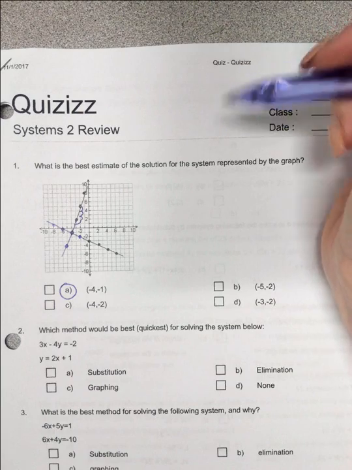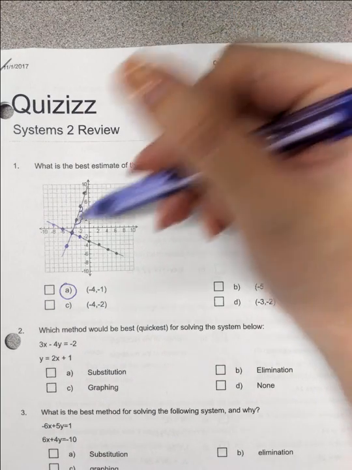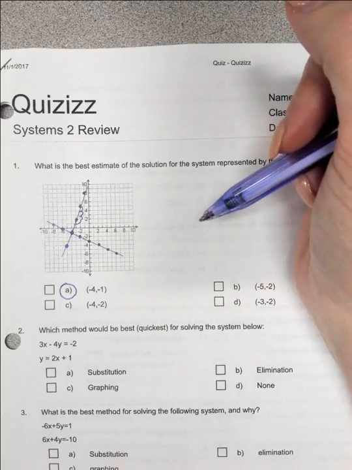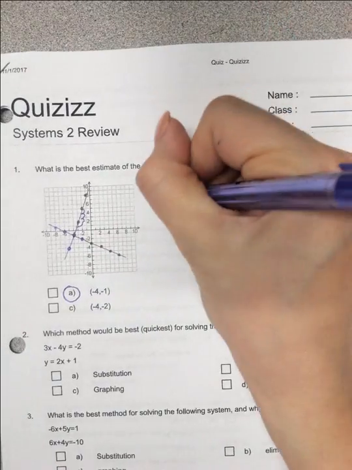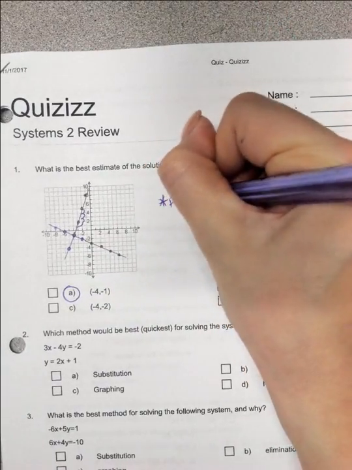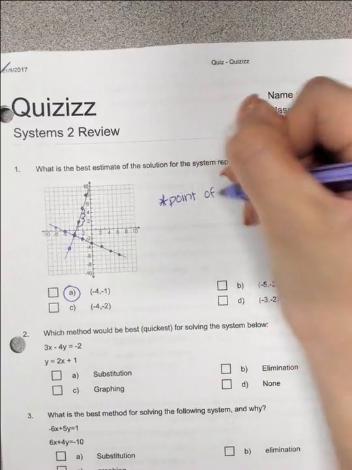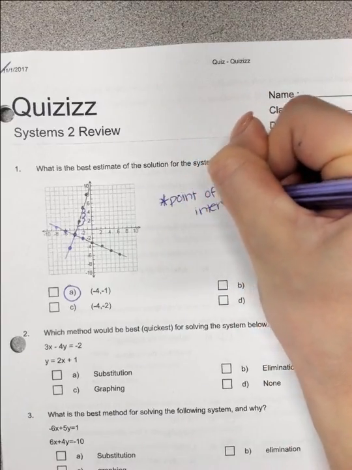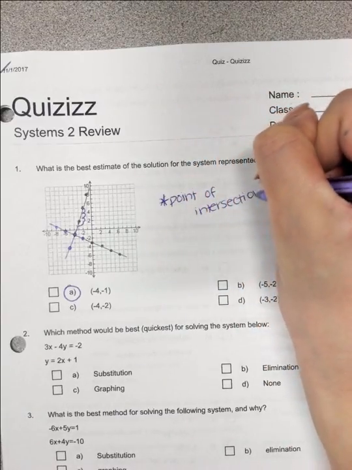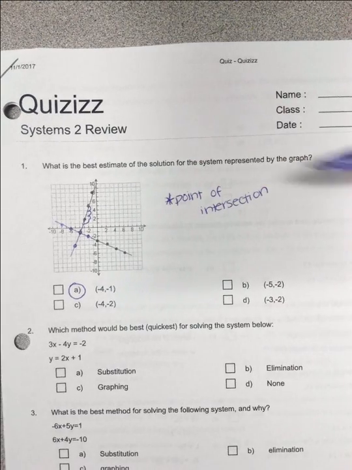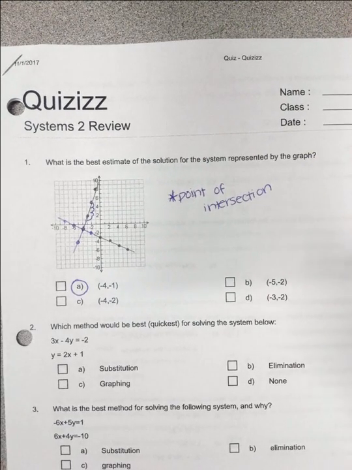So yes, the point of intersection or the solution is -4, -1. So we were looking for the point of intersection. Remember, to get your credit, you've got to show work. I would count the graph as work, but this little note can just help you remember what exactly you're looking